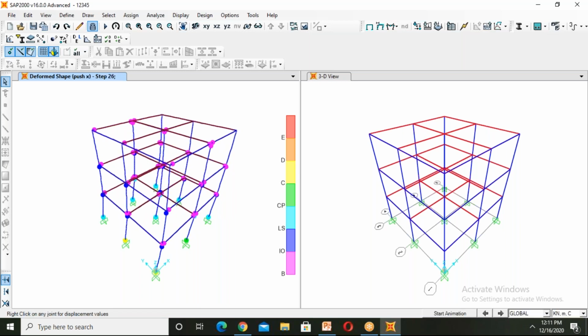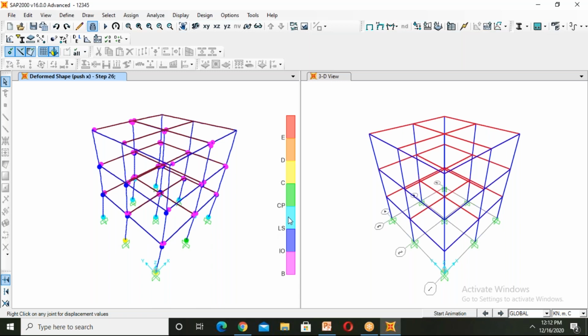Here you can see pink means IO. IO means immediate occupancy. Means we can stay in that structure, but some rehabilitation should be done. Then life safety: here some rehabilitation should be done with some retrofitting strategies. And CP means collapse state.